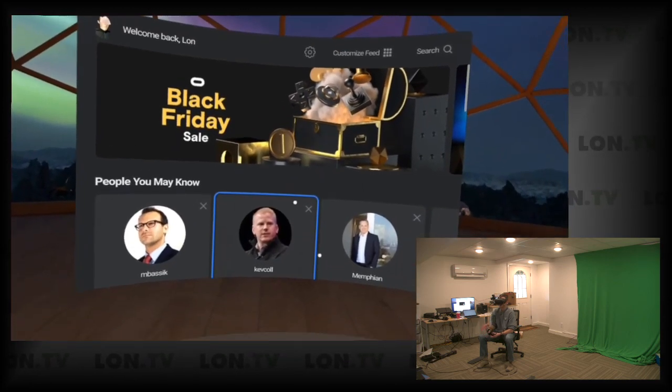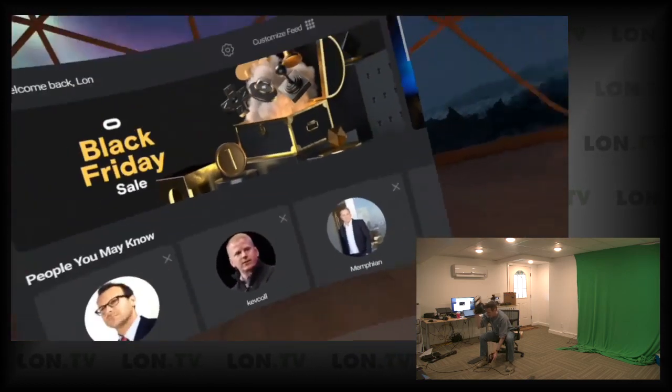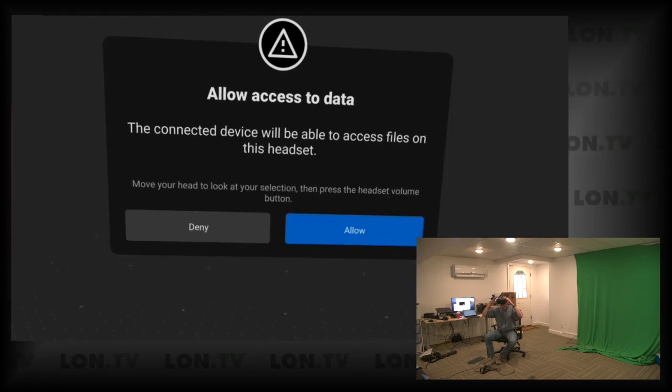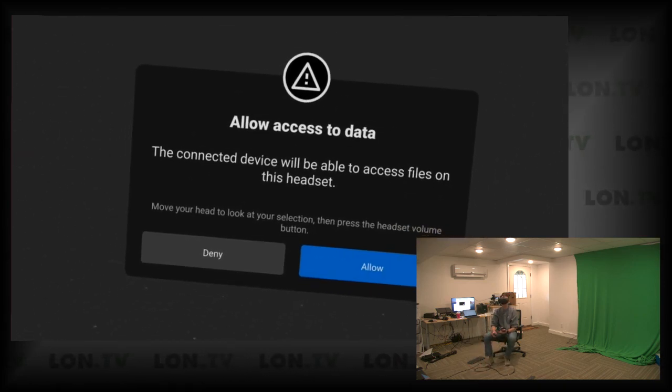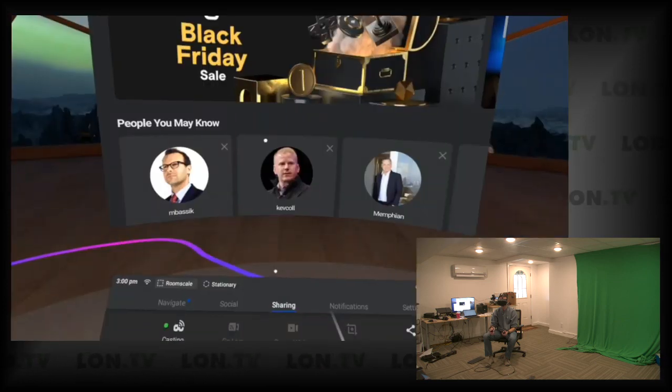Yeah, it's very particular about the type of USB that you connect to it. So what I'm going to do now is just swap them out again and see if this improves anything. And if it doesn't, what we're going to do is skip the extension cable and just plug in directly. All right. Yeah, see, it's doing this again. All right. I'm going to deny this and see if it...